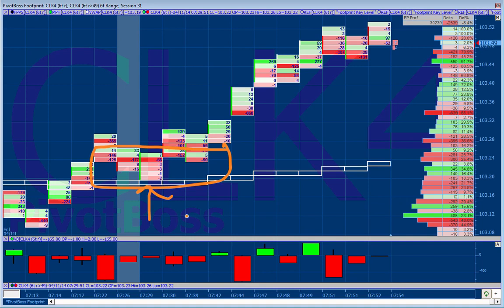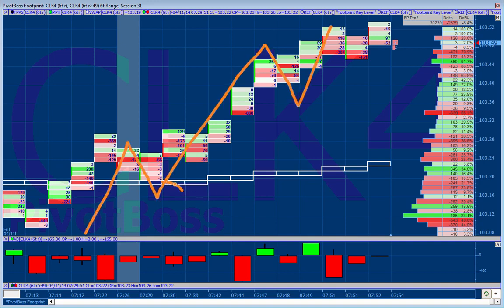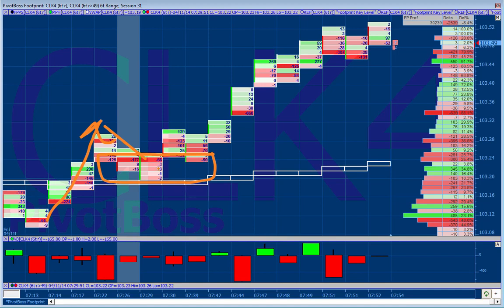They are the demand. And if price pushes up and comes back on a pullback and everything is red on the pullback, these are all sellers that are trying to sell right now. But what do passive buyers do? In a trending market, you buy the dips, right? Price pushes up, it comes back, you buy the dip with a limit order. Price pushes up, it pulls back. There's a lot of limit orders in here buying. That's why you get all these sellers and price can't go down, because they are being absorbed by passive buyers.